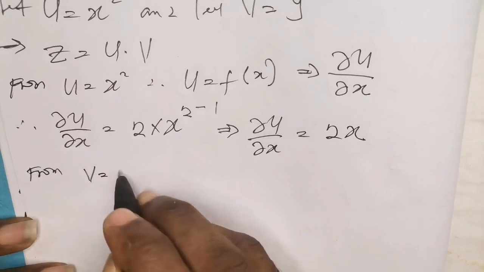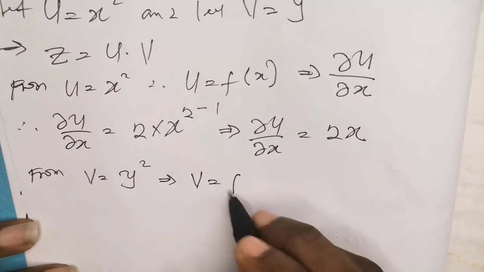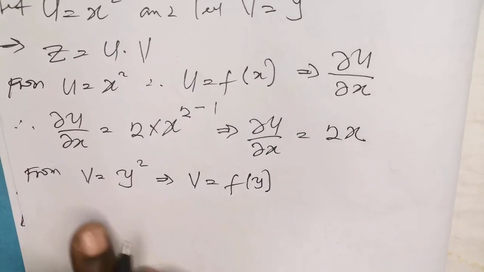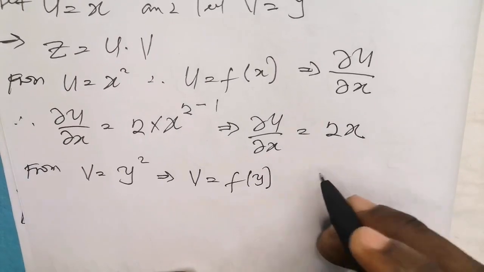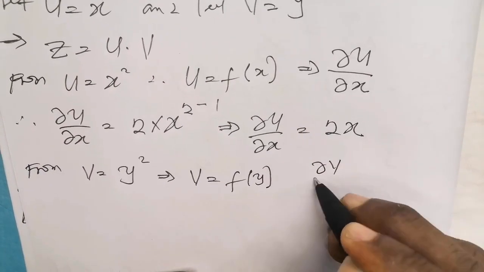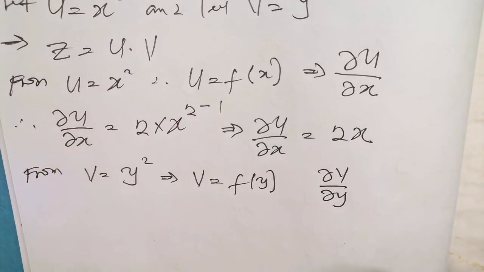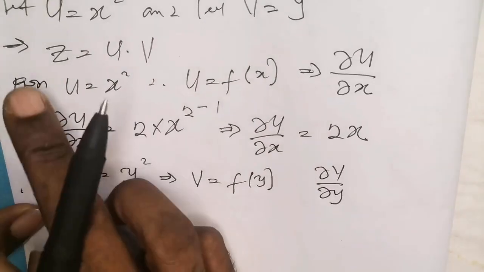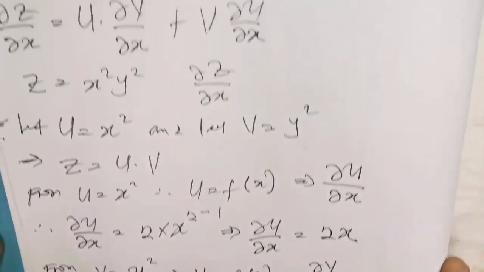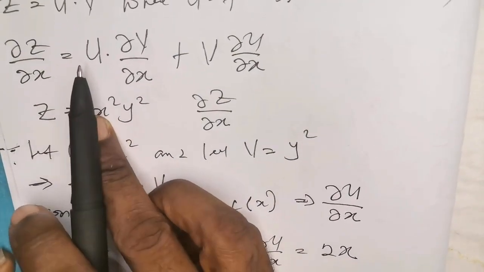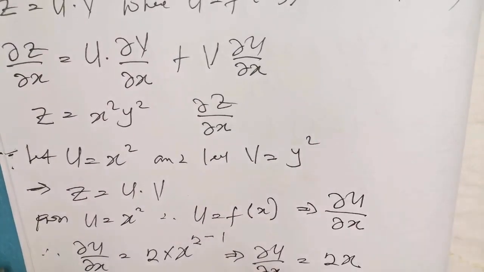from V equals y squared, this simply implies that V is now a function of only y, because V depends on only y to be defined. And as such, this actually means I can only differentiate V with respect to y and not with respect to x. But since I am asked to differentiate this function Z equals x squared y squared with respect to x, it means that from the law